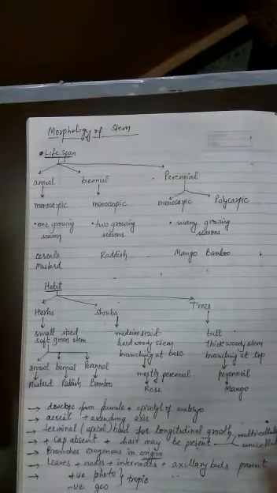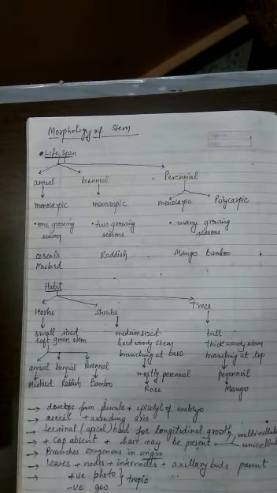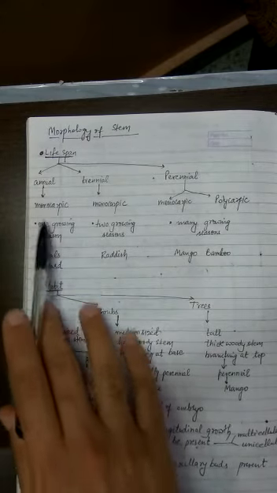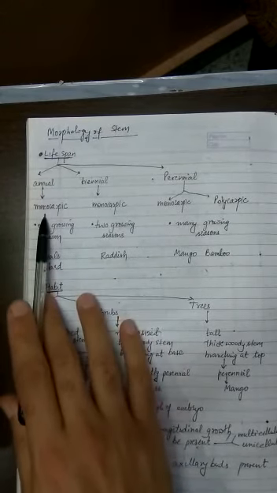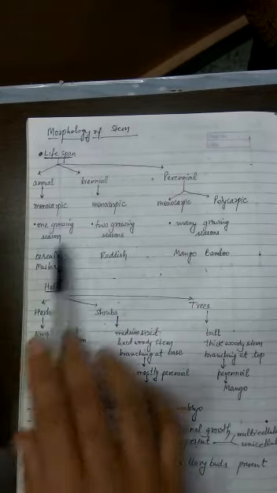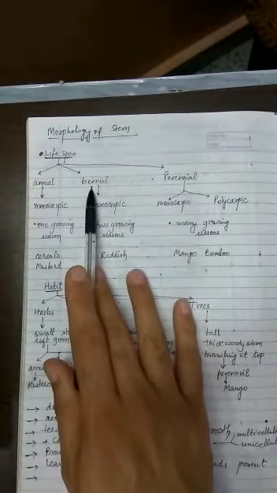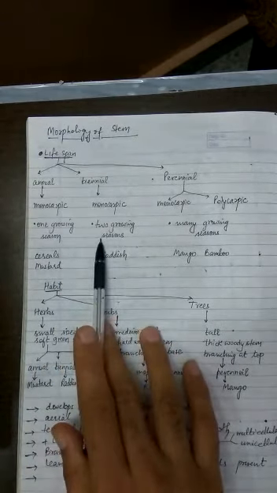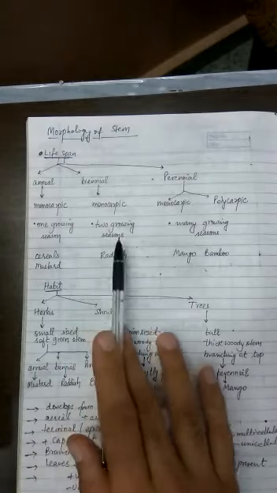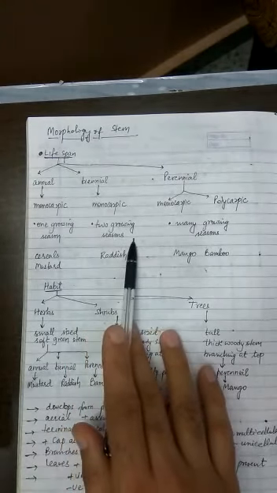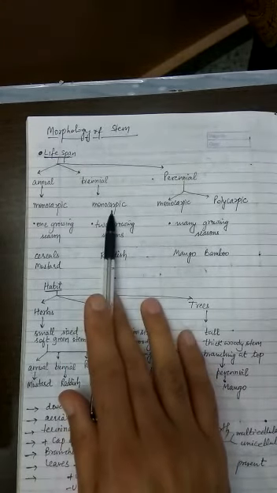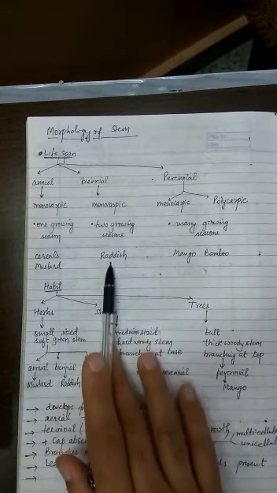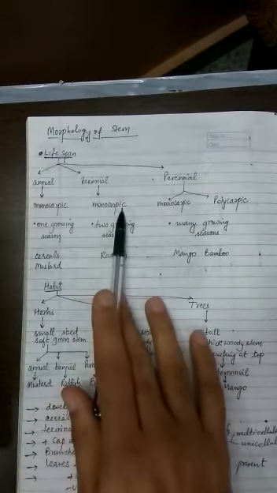In the last class, we even learned morphology of the stem. We learned that lifespan of plants can be, if a plant lives for only one season, it is called annual plants, and they flower only once in their life and they die. Example, cereals and mustard. Then there are plants which are called biennial plants, which live for 2 seasons. So for one season only vegetative growth. In the next season they will have flowering or reproductive growth. And they also flower only once in their life. So that's why monocarpic.